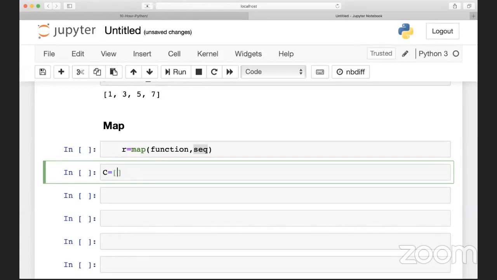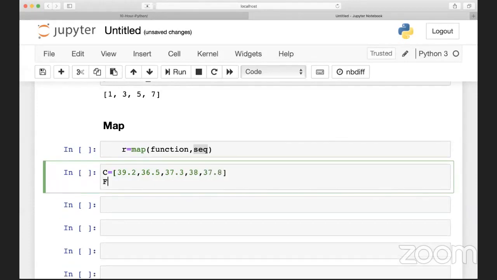C is equal to, let me make up some entries here, 37.8. This is the Celsius degrees, and the Fahrenheit